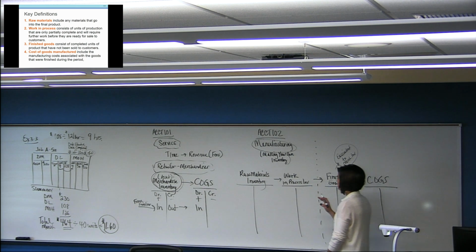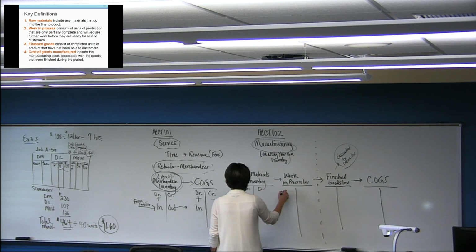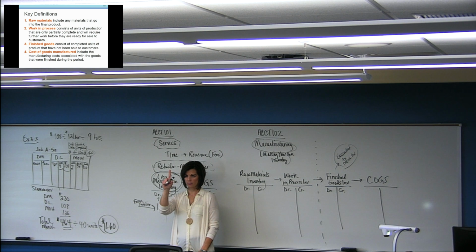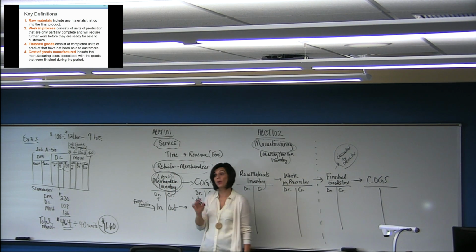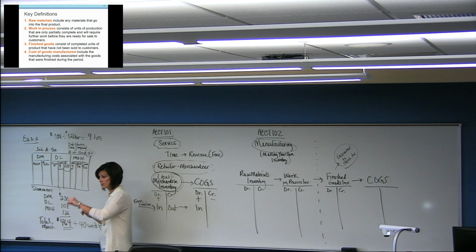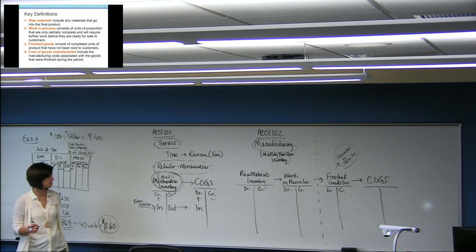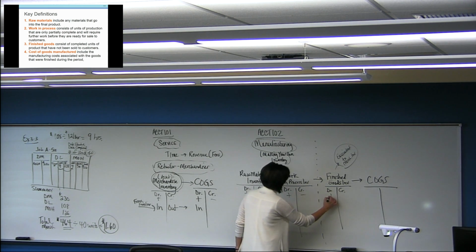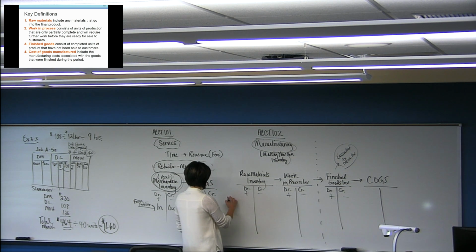Now, we come back over here, and because these are inventory accounts, see, in the retailer, we only have one inventory account, merchandise inventory. But in the manufacturing firm, we have 3 inventory accounts that are representative of the process that our goods go through in order to become a product that we can sell to our customer. So because they all are inventory accounts, they have normal balances of debits, which means when we buy raw materials